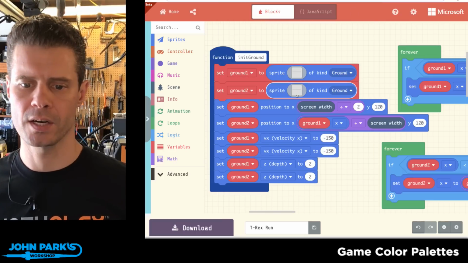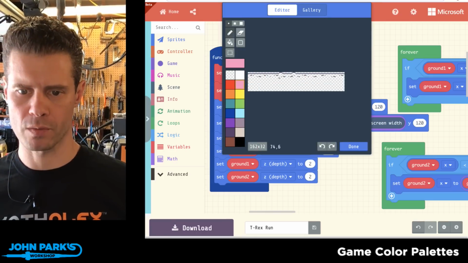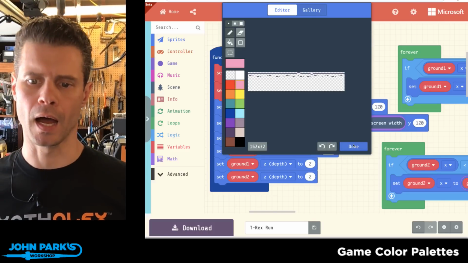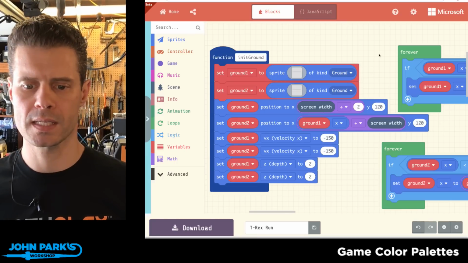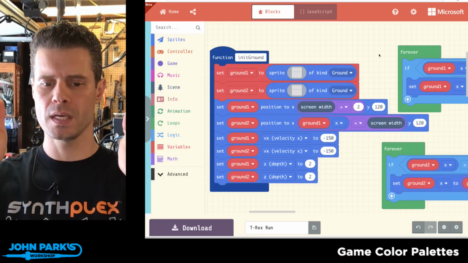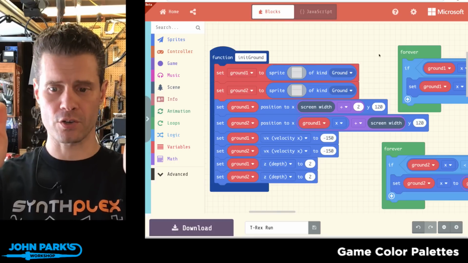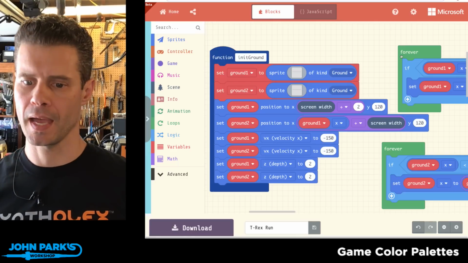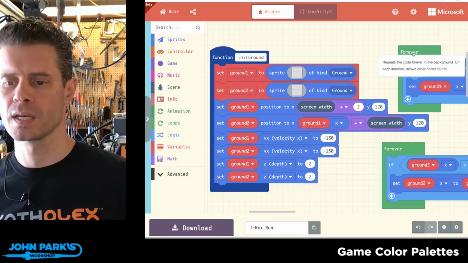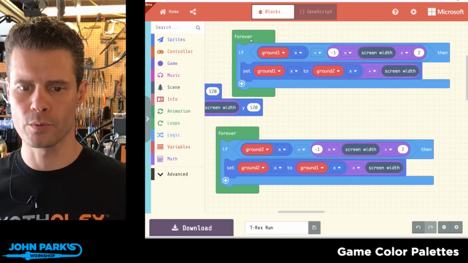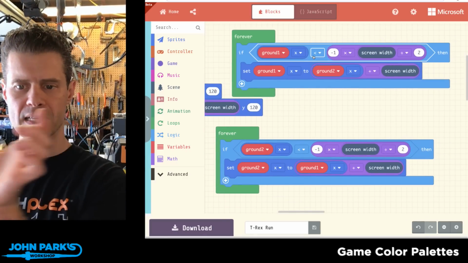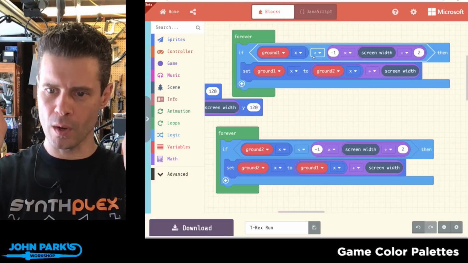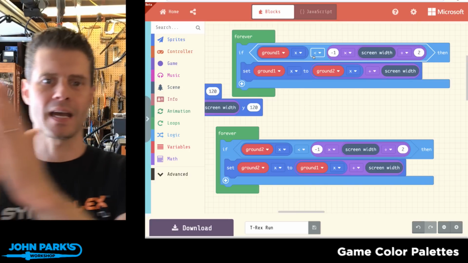And then here's Ground 2. Those are slightly different patterns. Ground 2 has the two bumps, and Ground 1 has the one bump and the little divot there. What he's doing is setting the position of the first ground to essentially the center of the screen, and the second ground is placed to the right of it. They're both moving to the left. Then in these two forever loops, if the first ground x is less than -1 times the screen width divided by 2, so it's basically gotten halfway off the screen,